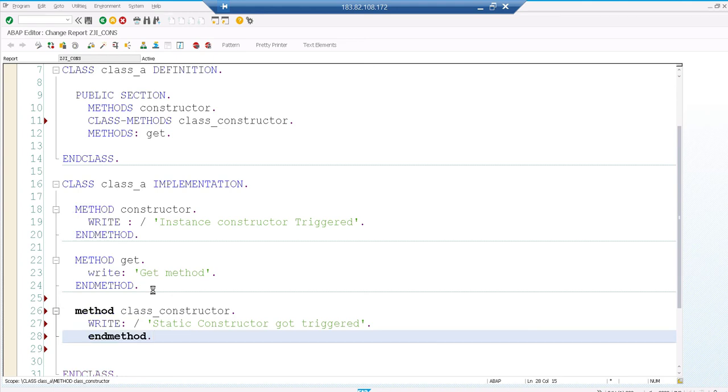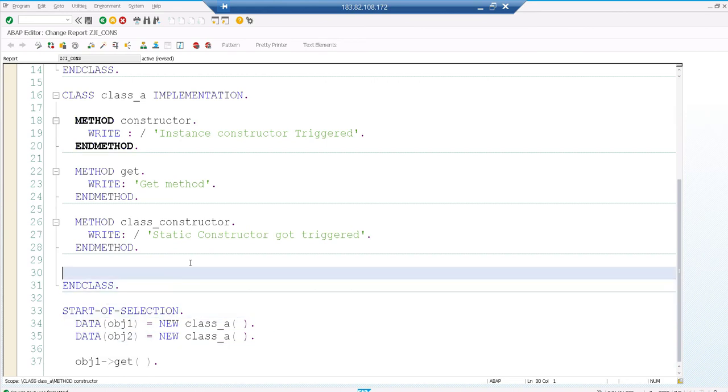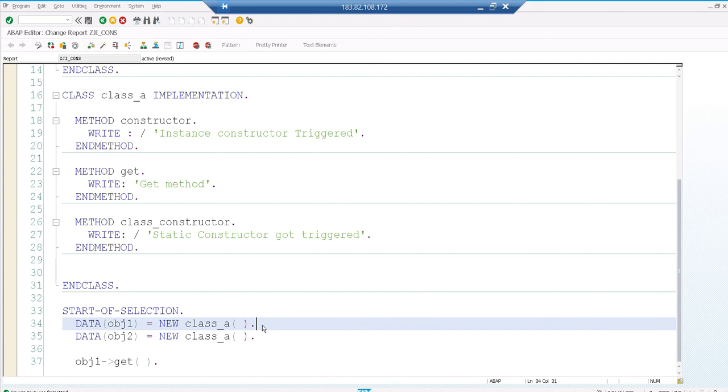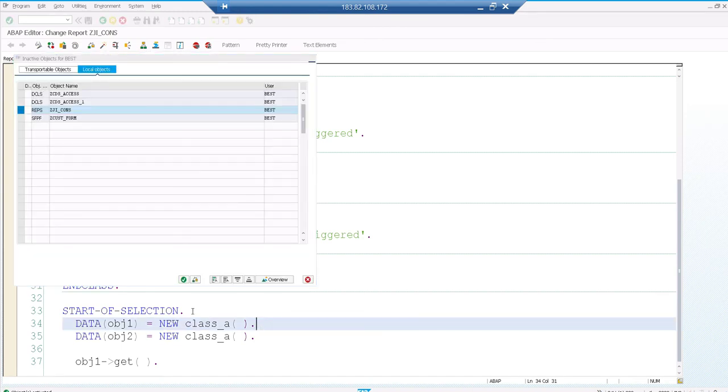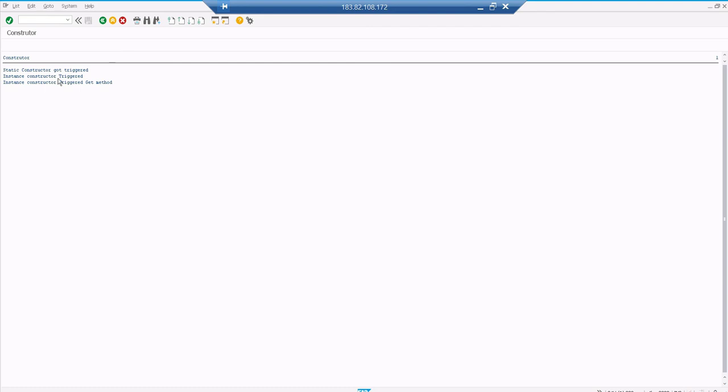End method. Okay. So now this gets triggered whenever the class object is getting accessed, like before calling the one. So here I'm going to use the first statement to call the class, creating an object, right? So accessing the class, not calling the class, accessing the class. So it will trigger only once. If I say execute, 2 objects are getting created. If I say execute, you can see first it starts with the static constructor only. So even before it goes to the instance constructor, it triggers the static constructor. That is the meaning of the statement. Before the actual class is getting called or accessed, your static constructor method should trigger. Okay, and here I created 2 objects, that's why it triggered 2 times the instance